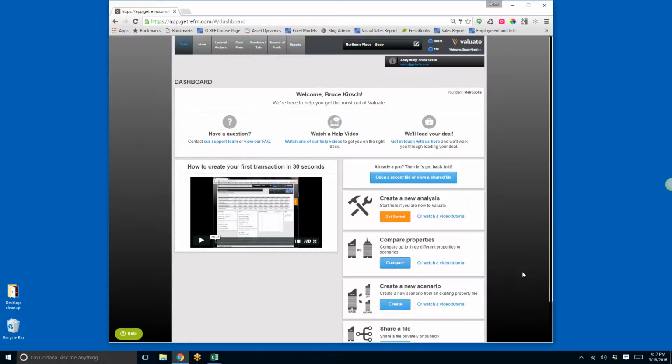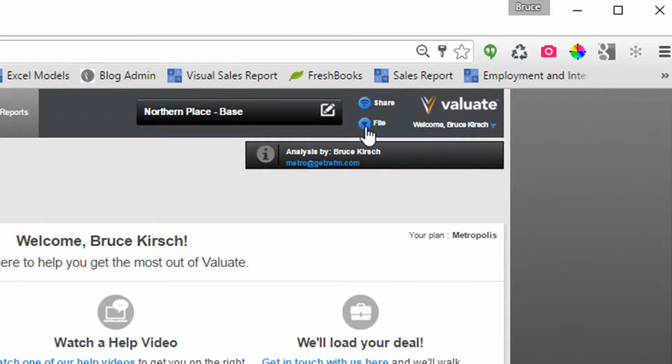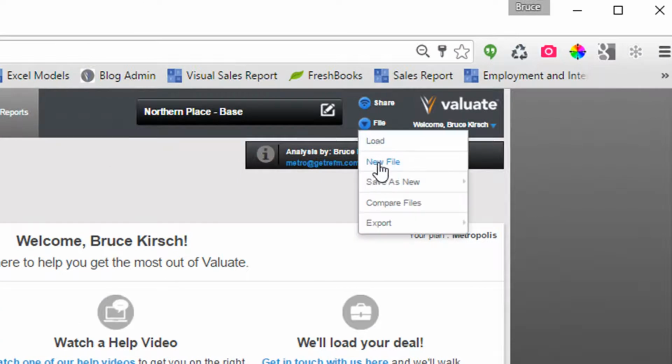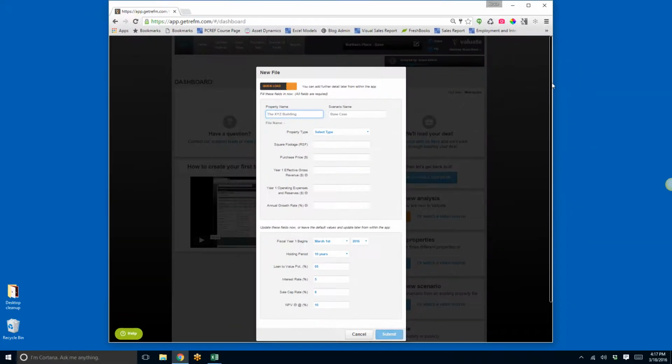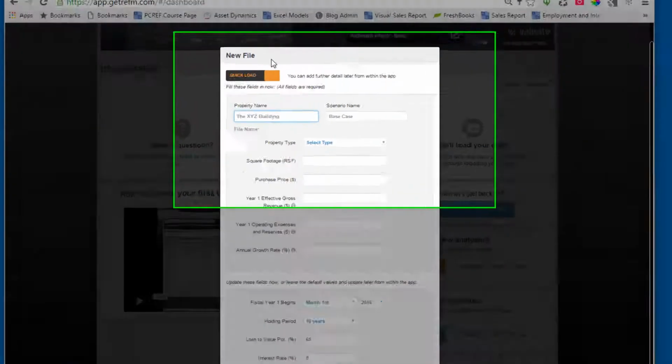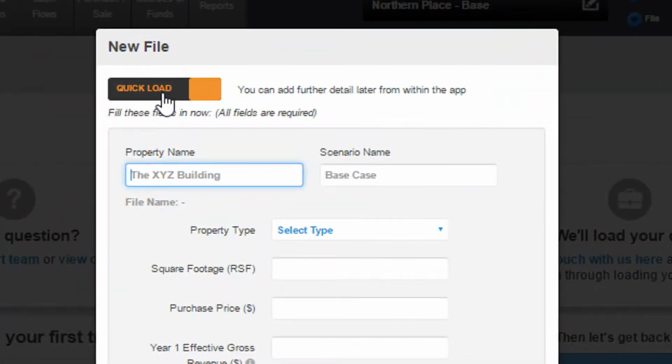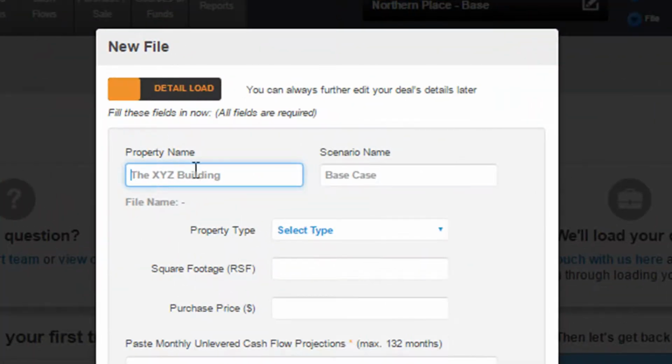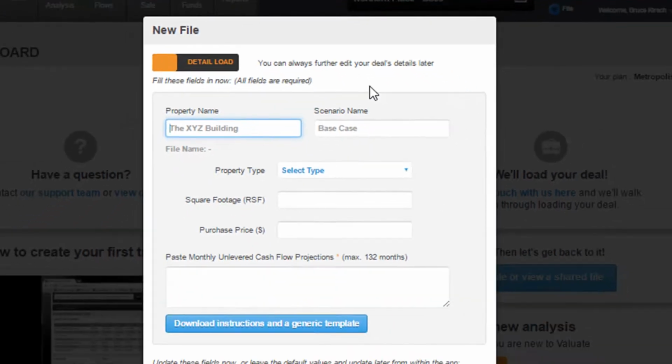Welcome to Valuate. In this video, I'm going to show you how to use the detail load mode for getting cash flows into your analysis in the new file creation flow. So I'm going to go to File, New File, and the modal comes up here, and I'm going to toggle it from Quick Load to Detail Load, and I'll go ahead and enter in a property name